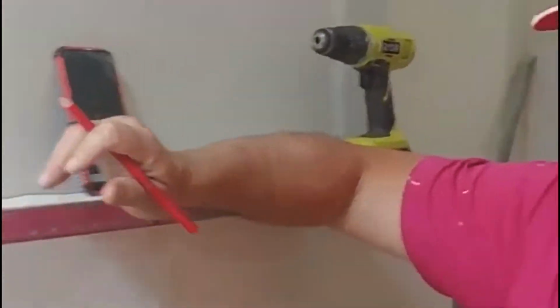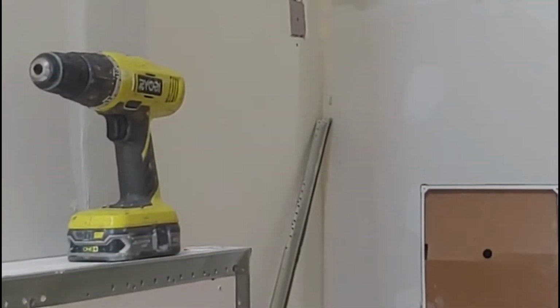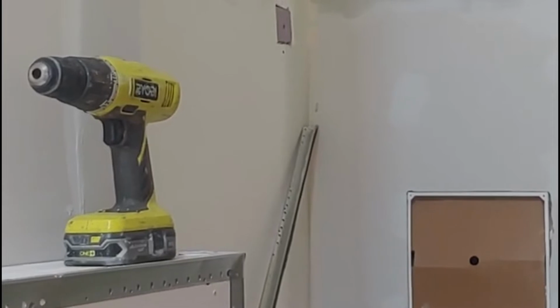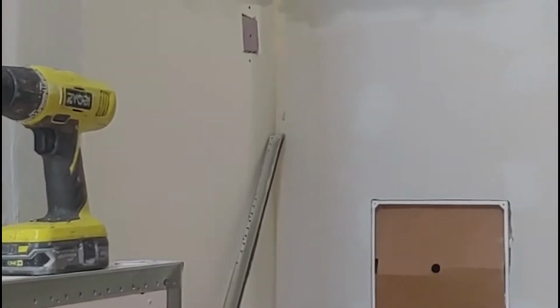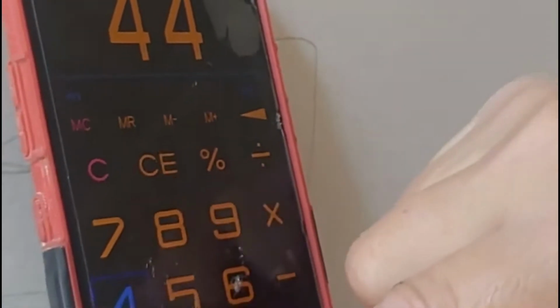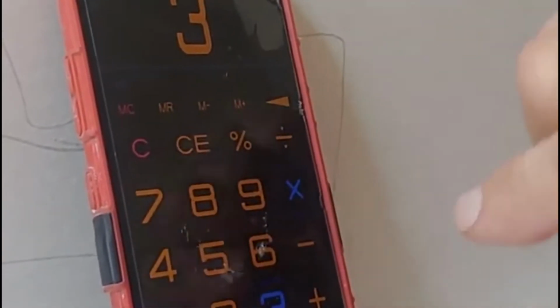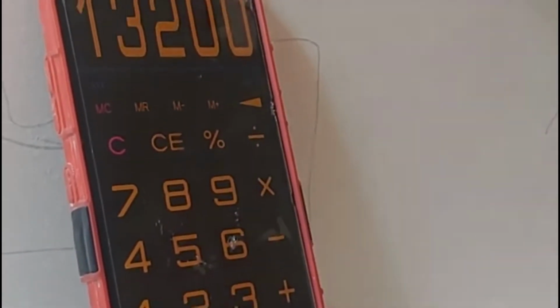Okay, so when you're trying to figure out a house, you want to know how much drywall. This is how I do it, and there's going to be tons of people that do it differently. You take the square footage, which in this case is like 4,500. Actually, it's 4,400. All right. So 4,400 times 3 equals